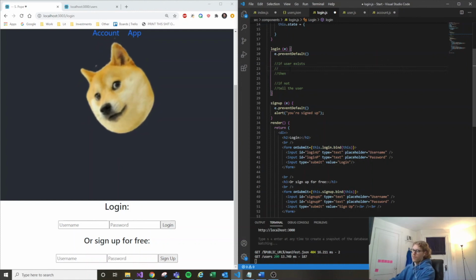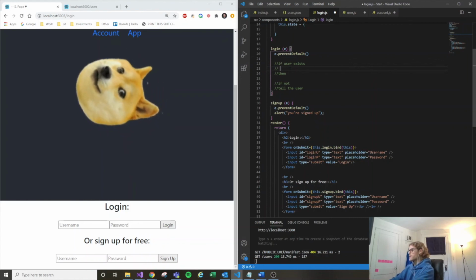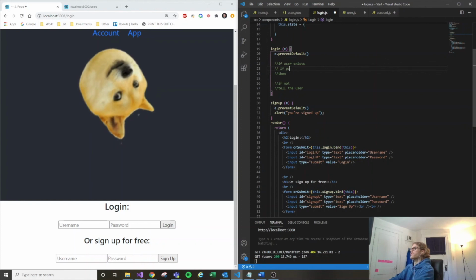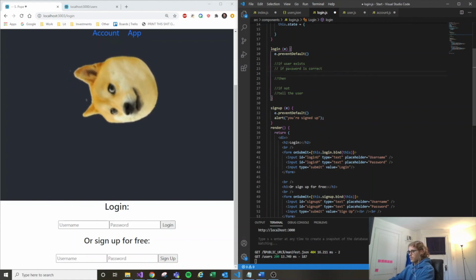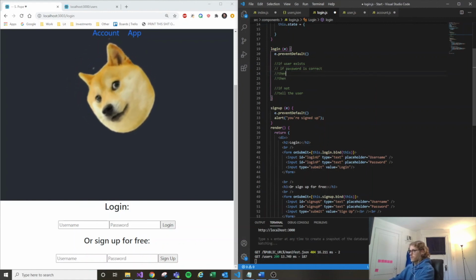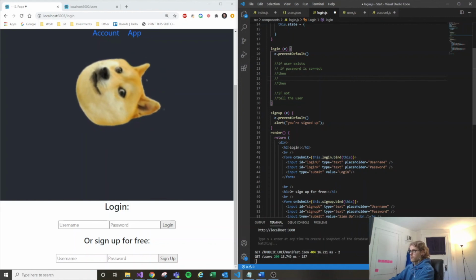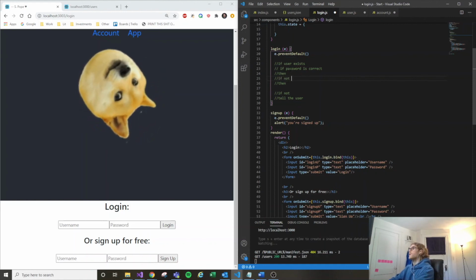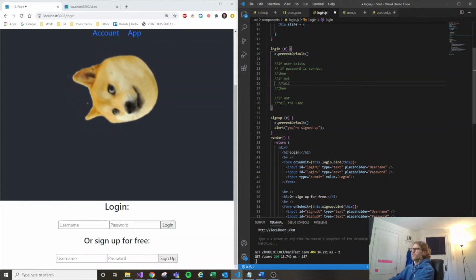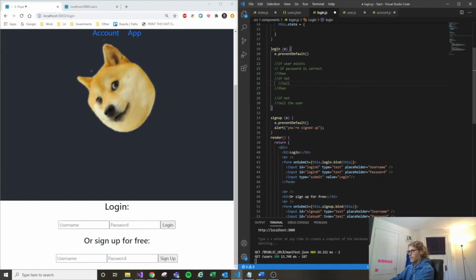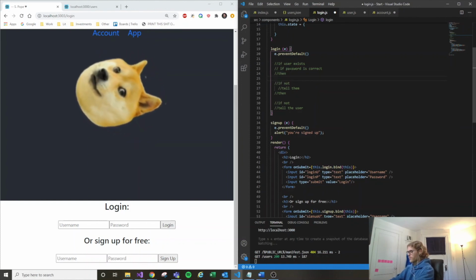So the something that we're going to do is, the username exists. We know that we have them. The next question we want to ask is, what password did they put in? And that's going to be something like, if password is correct, then again, do something, but if not, tell them. Tell them it was incorrect, and we're not going to route them anywhere. So if the password is correct, that's when we're going to